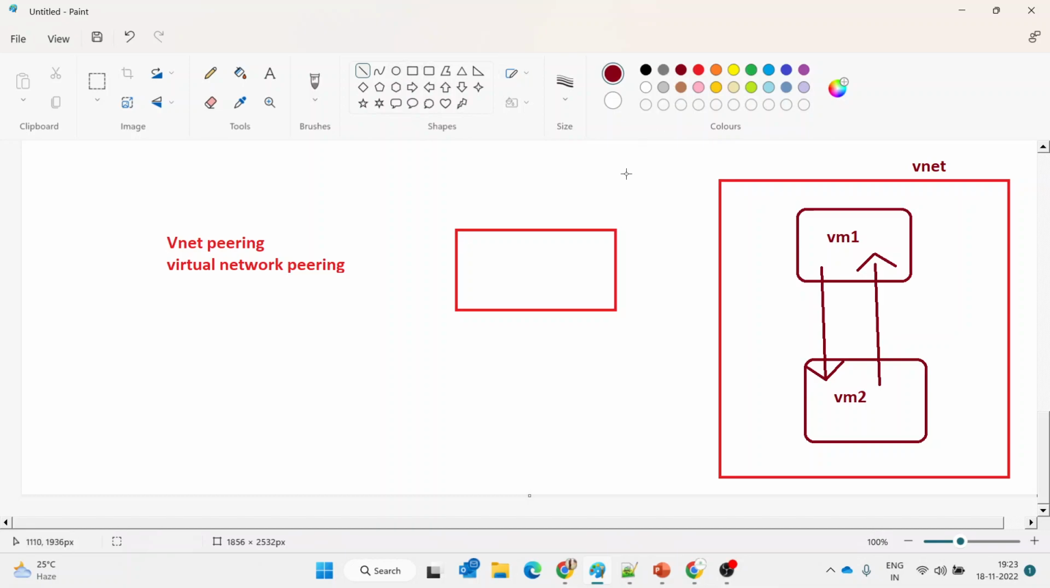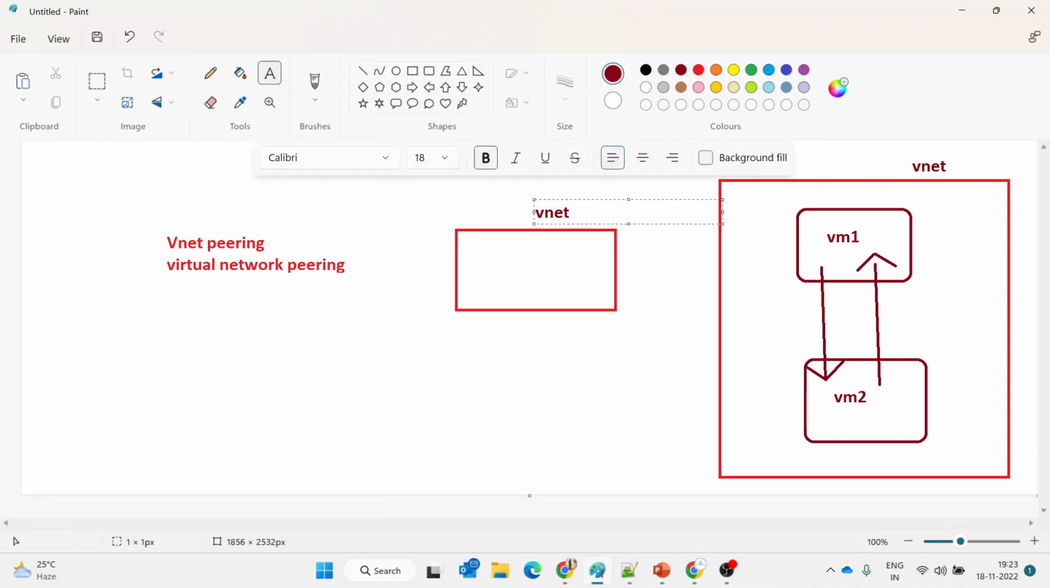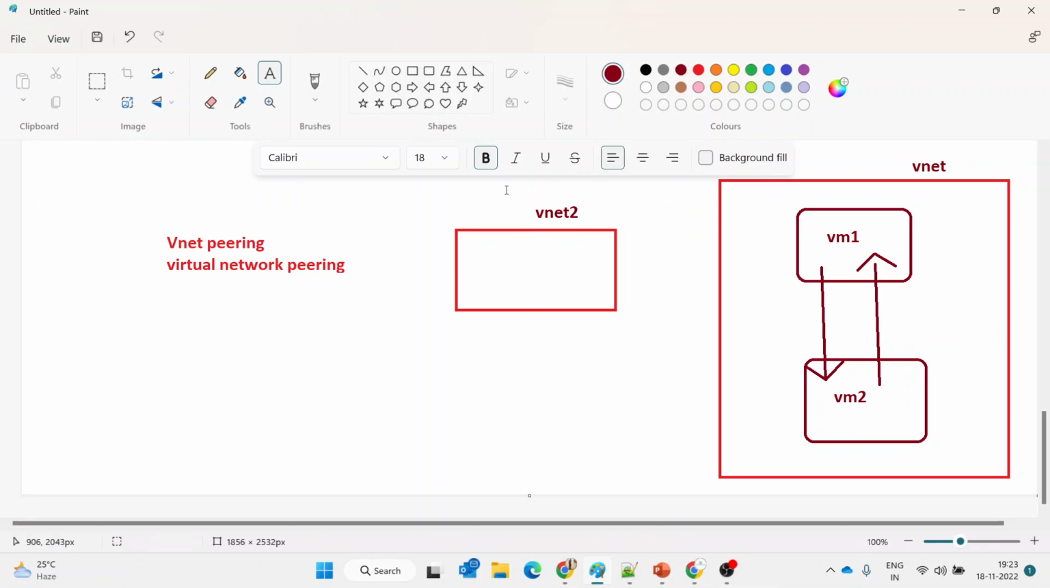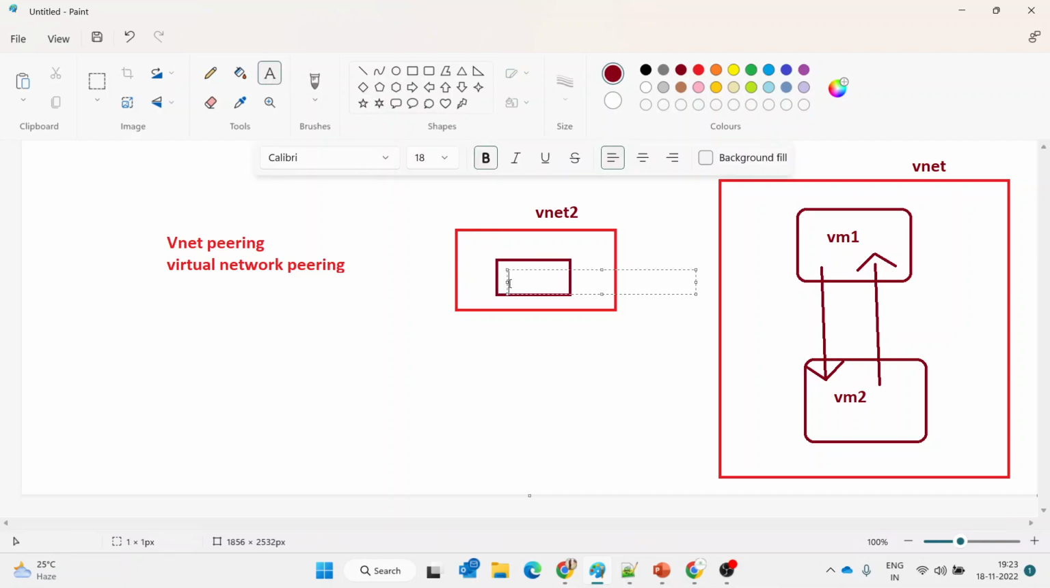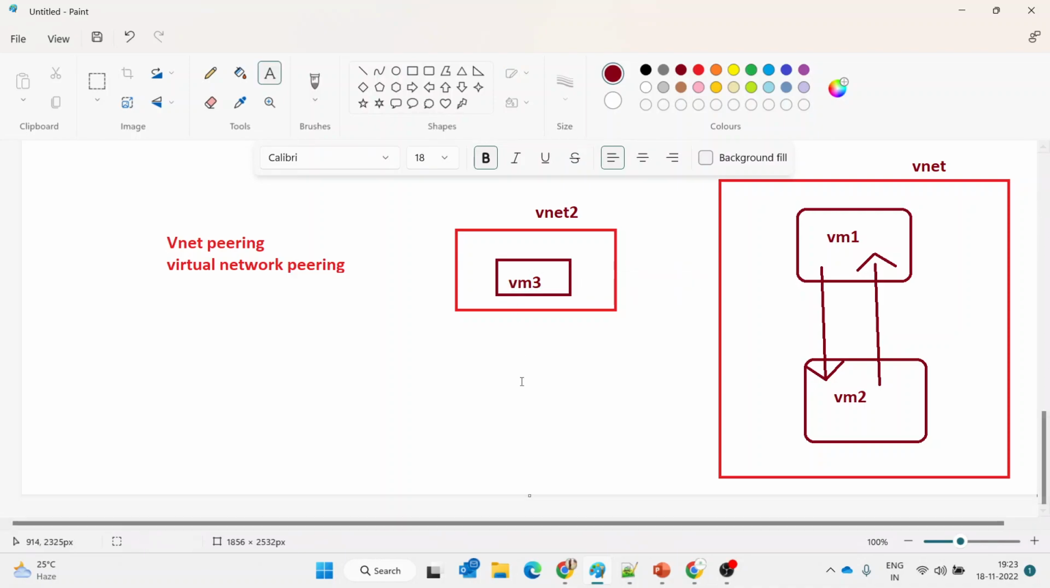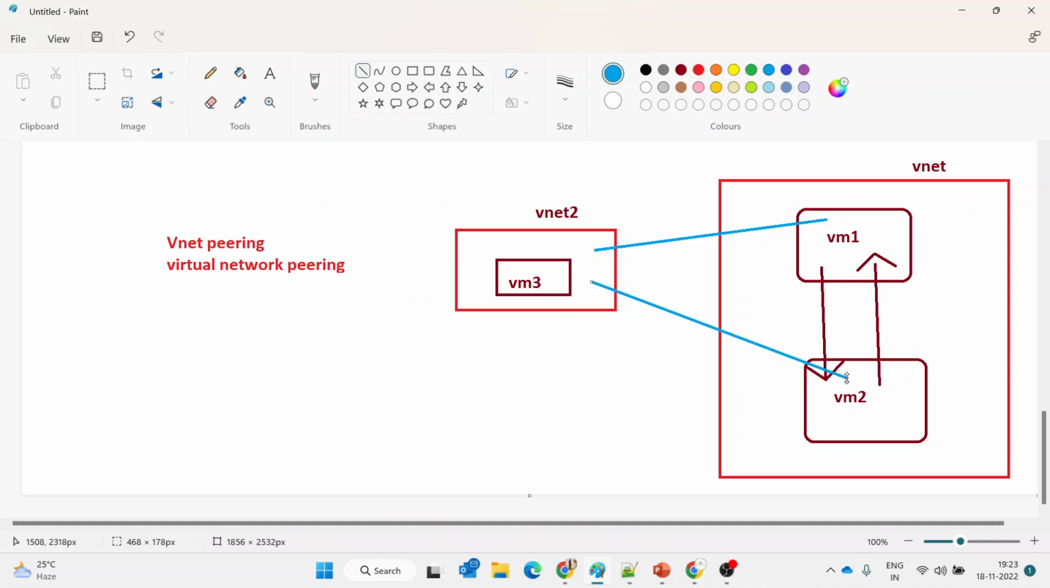Consider there is one more virtual network created here. This is my VNet 2. Now I have created one more VM here, and the name is VM3. Now if I wanted to establish a connection from virtual machine 3 to virtual machine 1, or from virtual machine 3 to virtual machine 2,